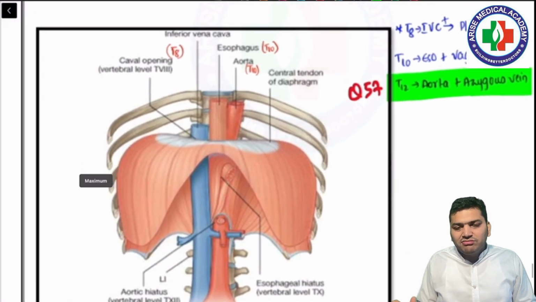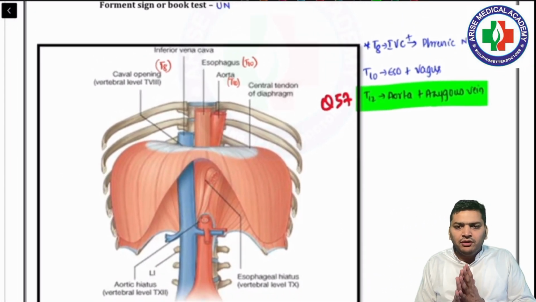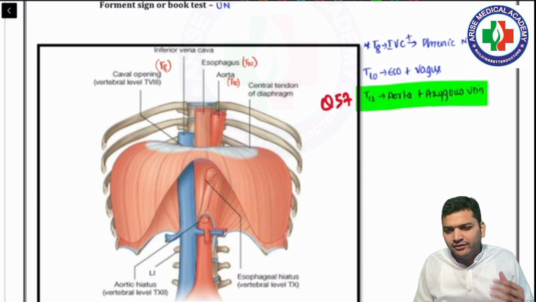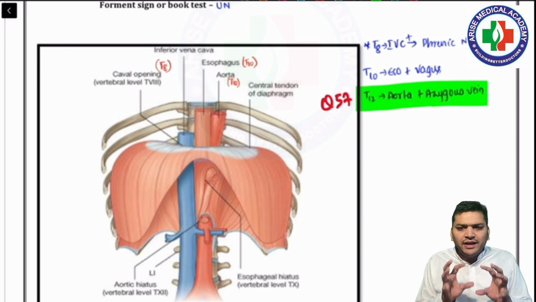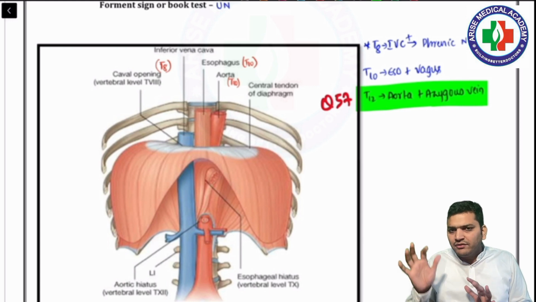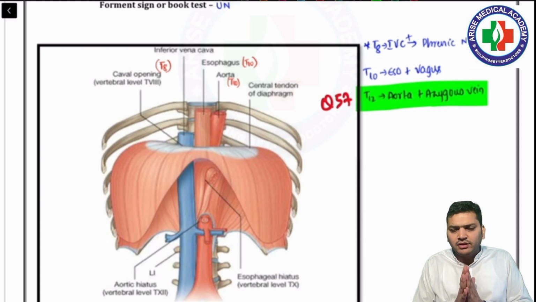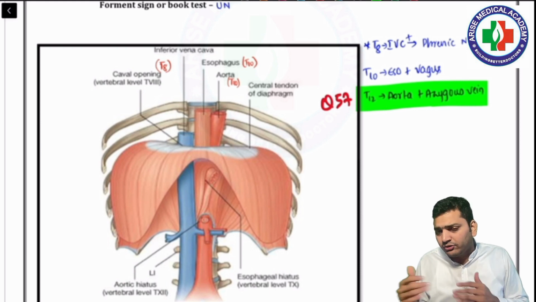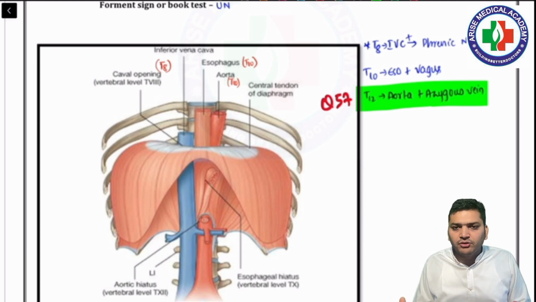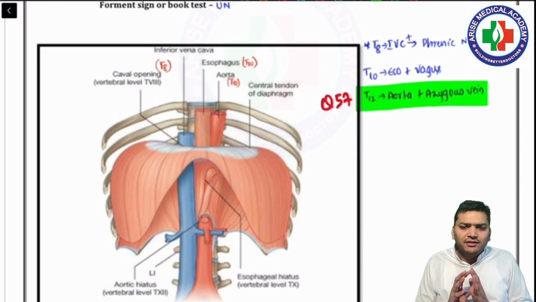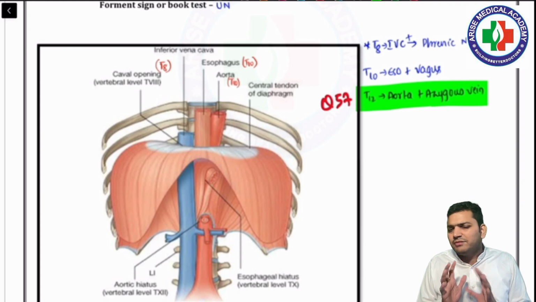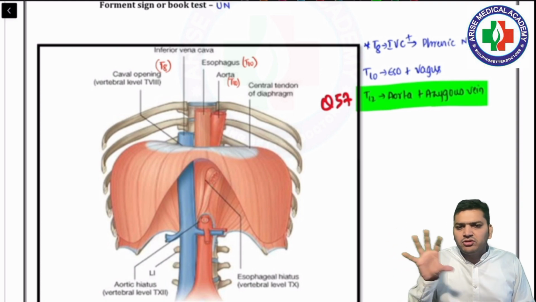Then there was a question with an image given of the various openings of the diaphragm, and it was a cadaveric image. It's a little difficult to appreciate the structures and the objects there. They have asked about the various openings and something like this, but I was not able to get the exact question inputs from your side. But many of you were saying they have mentioned the azygous vein and aorta, or maybe the thoracic duct, something. So based on this, there was one question that was there.